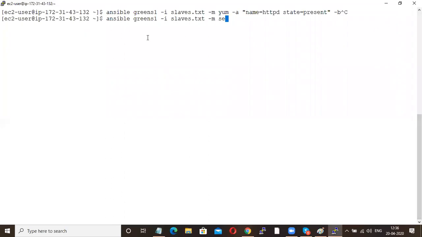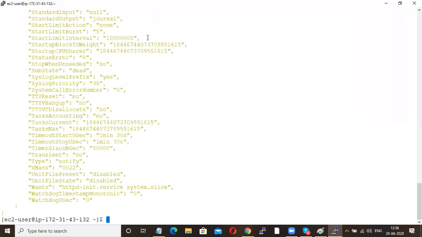So you have to use service -a, name is equal to httpd, state is equal to started, then -b for root access. -b is become. Now you have started Apache. Understood? Okay.